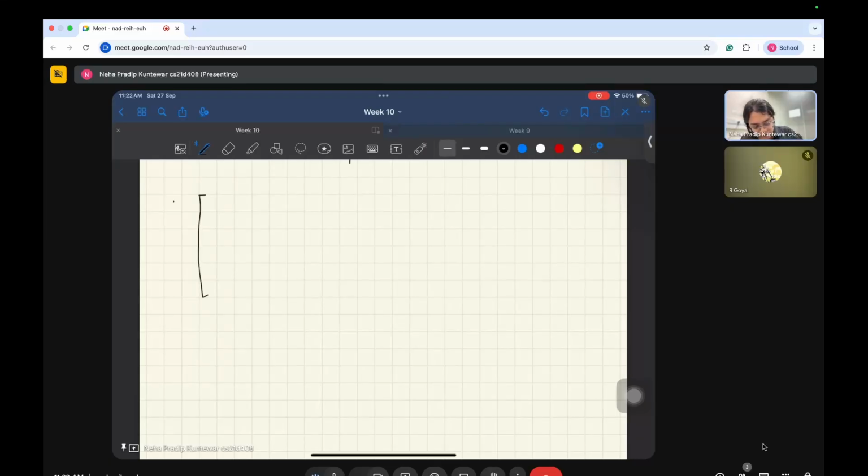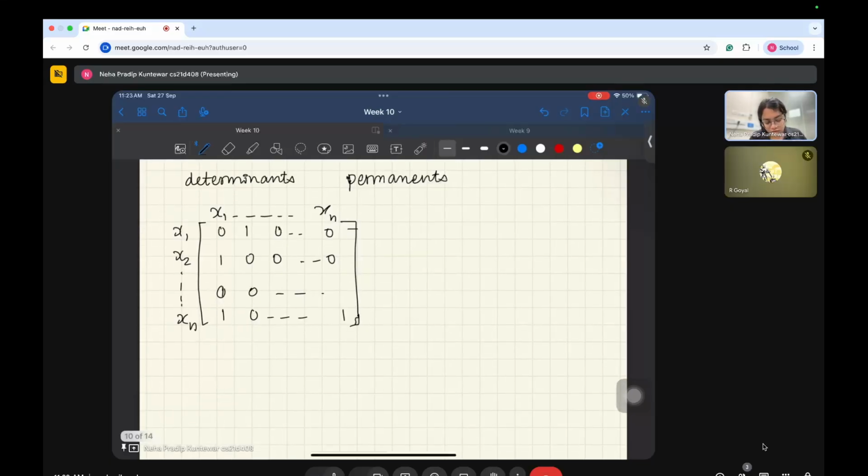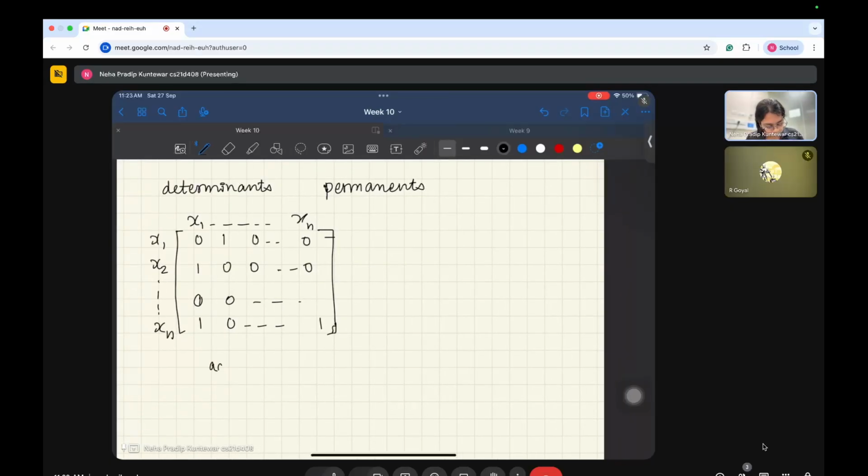So we'll look at x1, x2, up to xn. Let's say these are the variables, and this is an n cross n boolean matrix. And this thing that we have written here, this is the adjacency matrix of the graph. I've just written random values at the moment, so let's not worry about the exact values. Now, one thing to see is